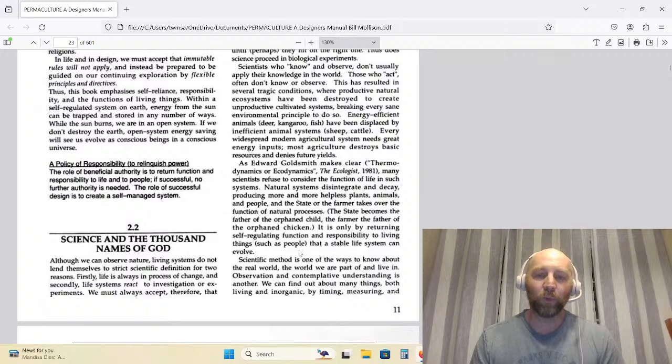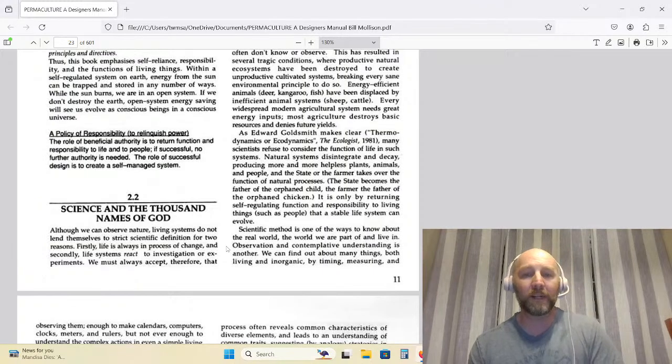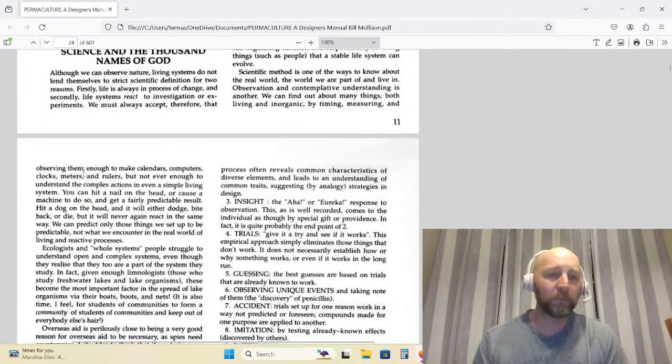Scientific method is one of the ways to know about the real world, the world we are a part of and live in. Observation and contemplative understanding is another. We can find out about many things, both living and inorganic, by timing, measuring, and observing them. Enough to make calendars, computers, clocks, meters, or rulers, but not ever enough to understand the complex actions in even